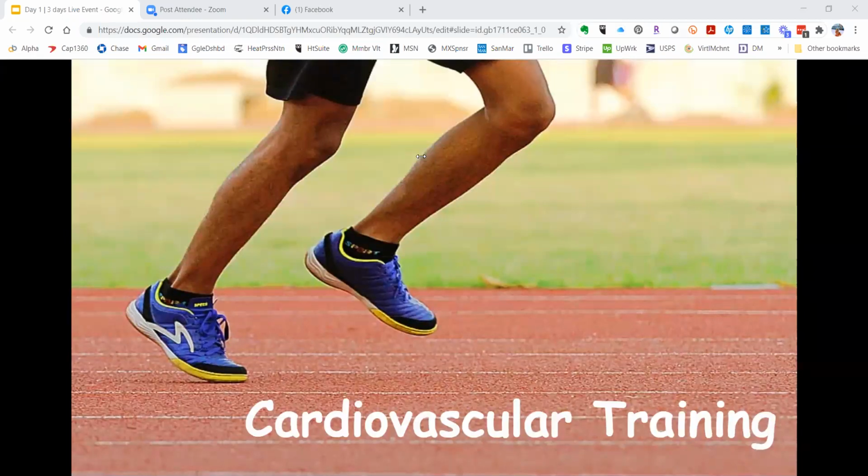So let's go over the principles behind cardiovascular training. The benefits you'll find from doing cardiovascular training are overall wellness, better energy, increased muscle tone, and the biggest thing, increased metabolic rate. So you'll be able to burn more calories 24 hours of the day, which will lead to greater fat loss.